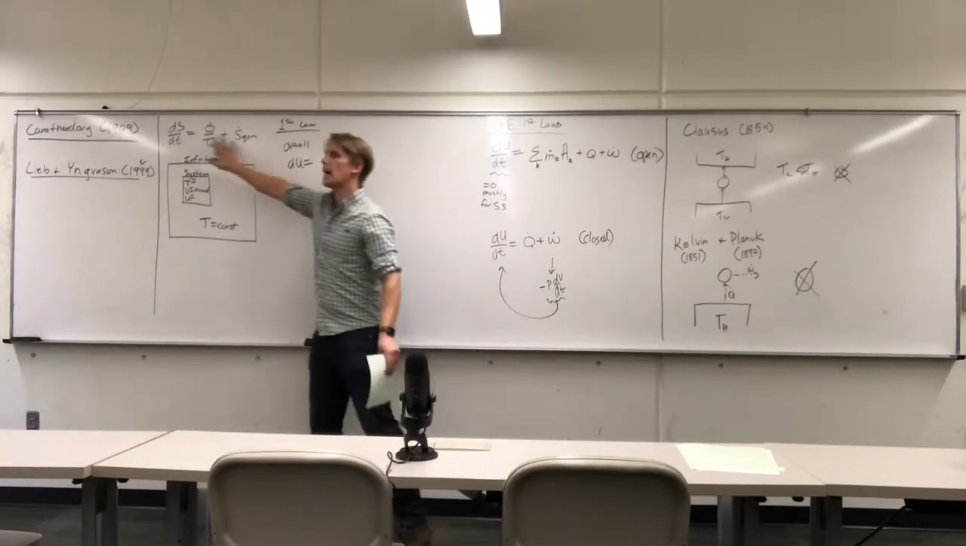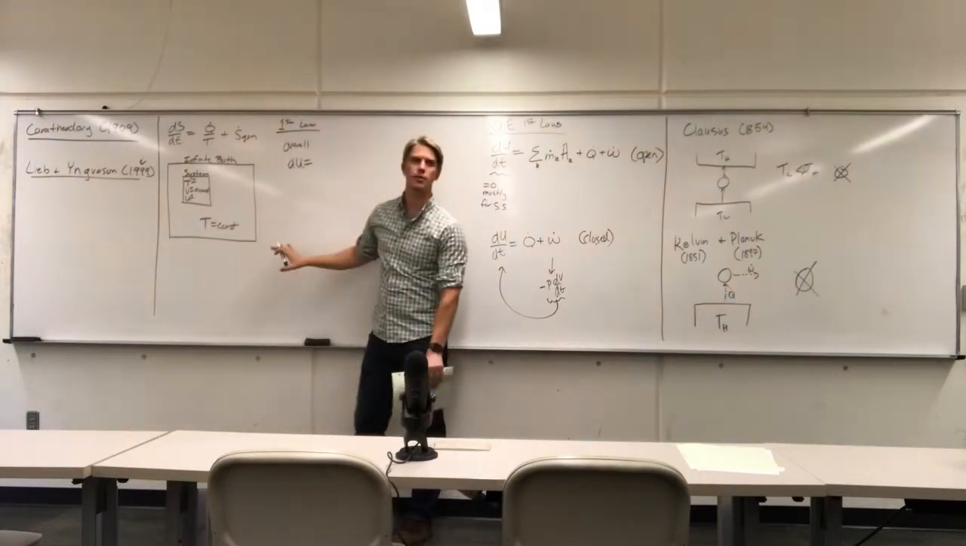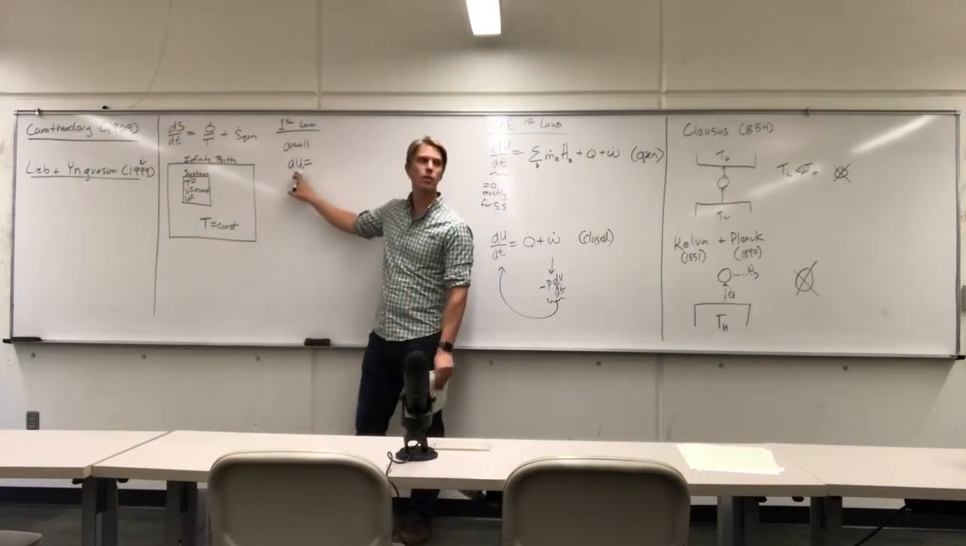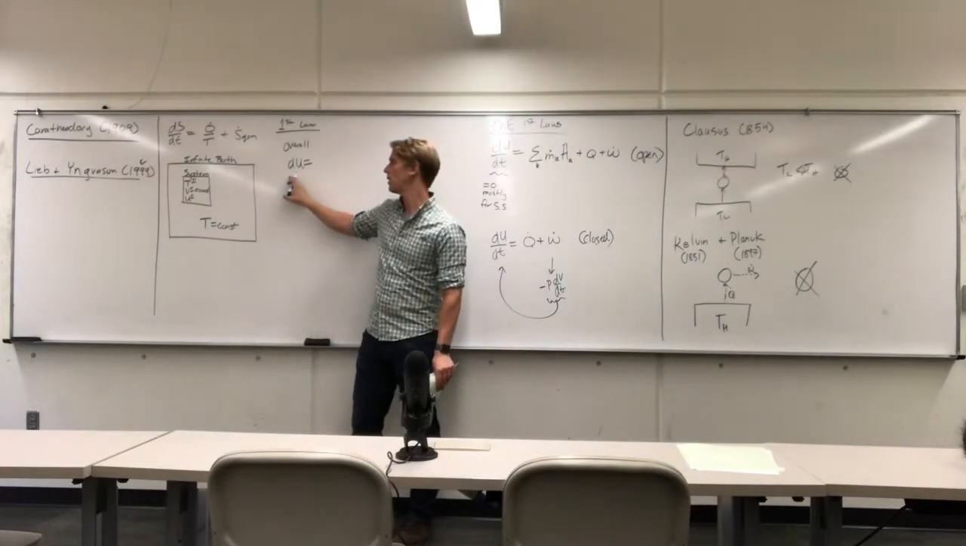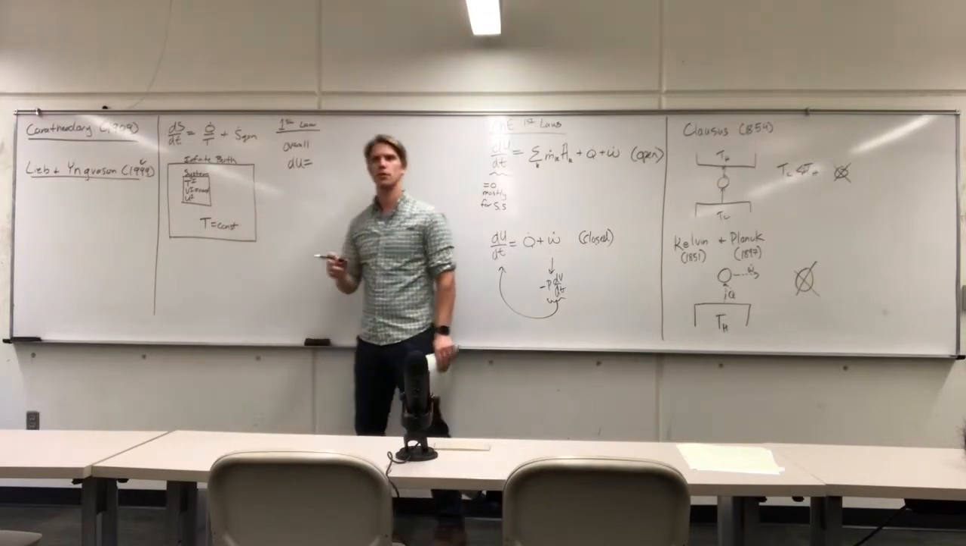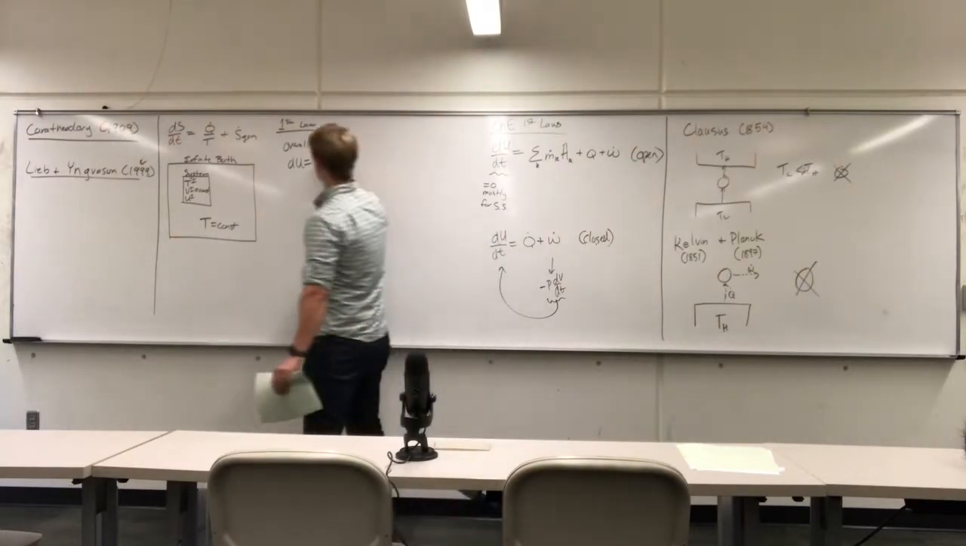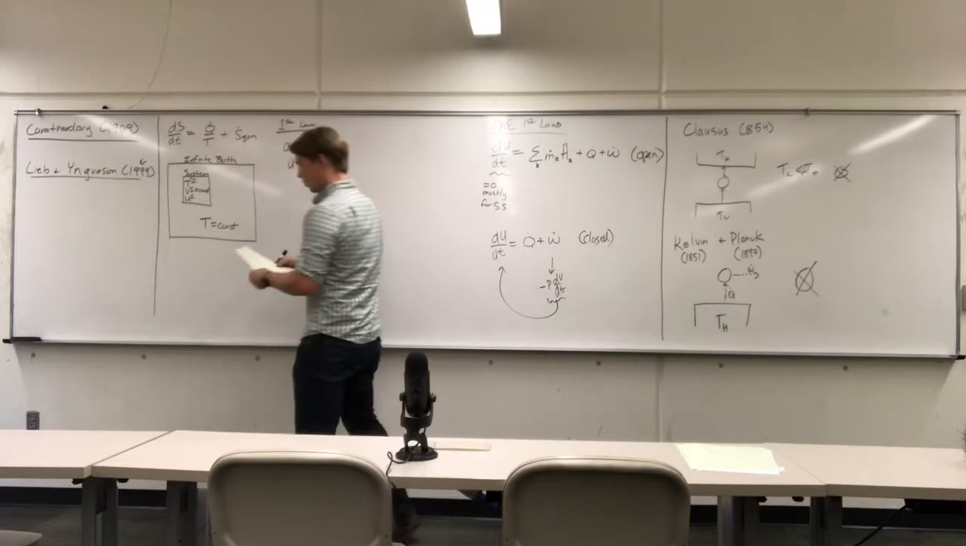So for this entire universe of my system, I have dU. What is dU equal to? What is the rate of change of energy of the entire universe? Zero. So what that means